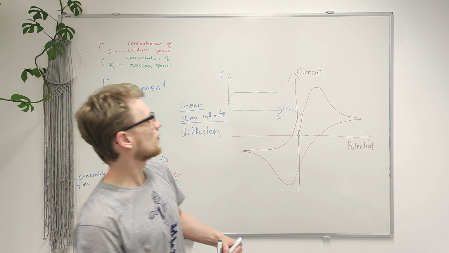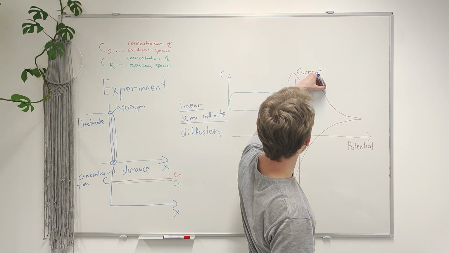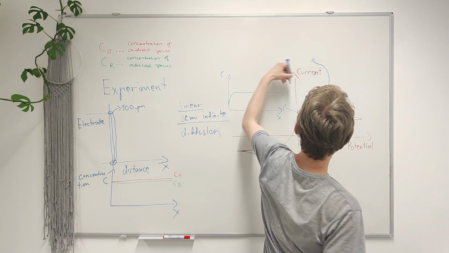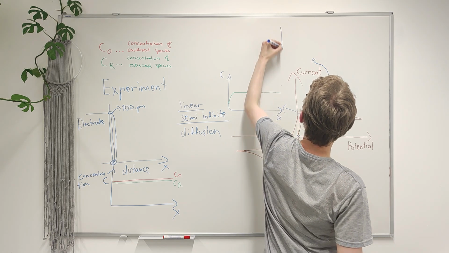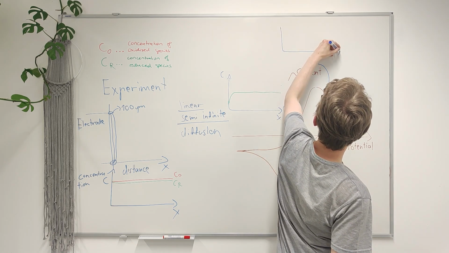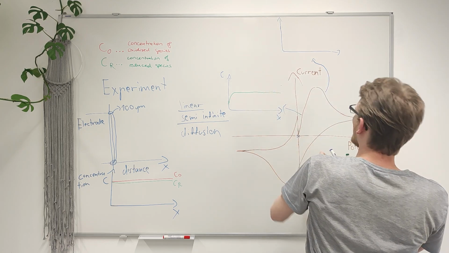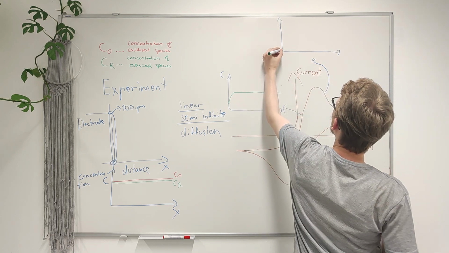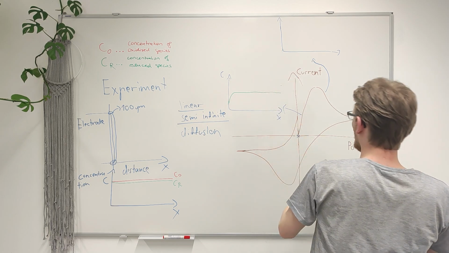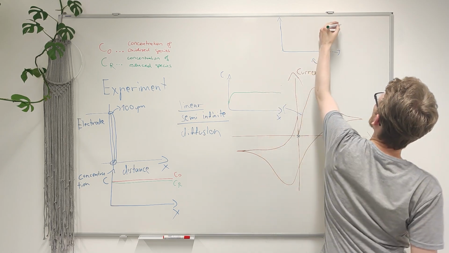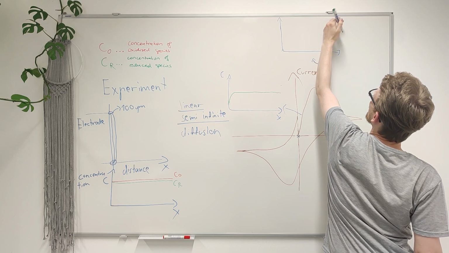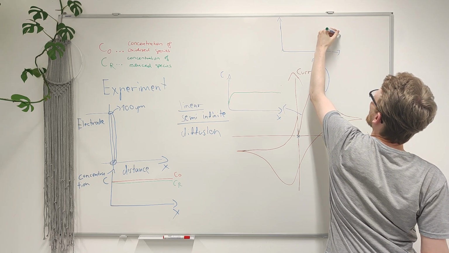If we are at this point here, shortly after the maximum, it looks more like this. So we have reduced species approaching zero, still normal concentration, the bulk concentration, and